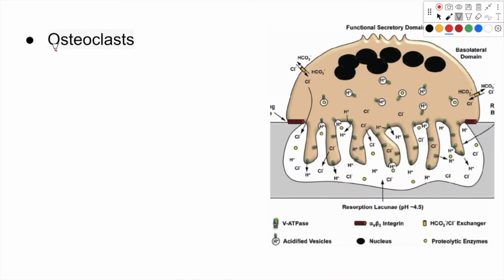Moving on to the next cell that we have, it is called the osteoclast. Osteoclasts are derived from the monocyte macrophage lineage or the hematopoietic cell lineage. They are a different lineage from the osteoblast. That must be remembered very clearly. Multiple of these cells join together to form a multinucleated osteoclast. Once the osteoclast is activated based upon the RANK ligand system, it attaches to the bone and it migrates